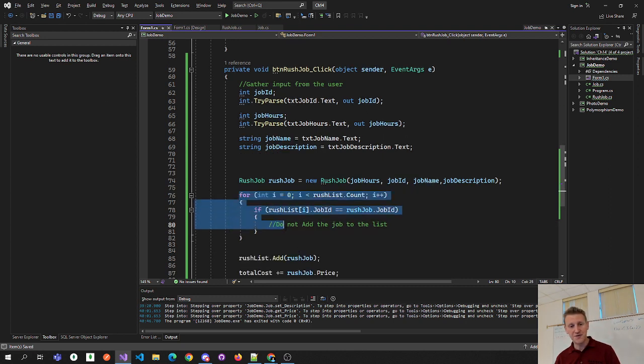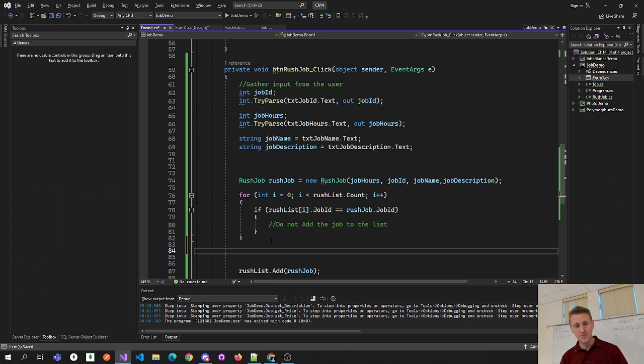But if this loop finishes looping and the job IDs don't match, then we need to add the job to